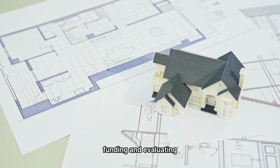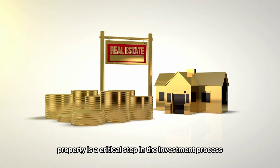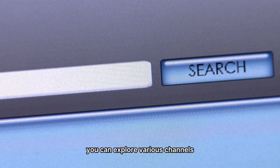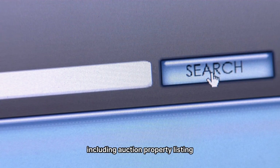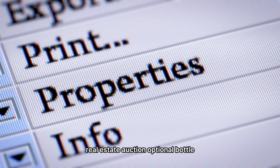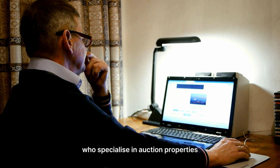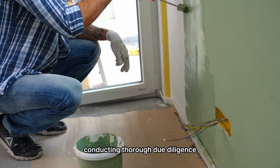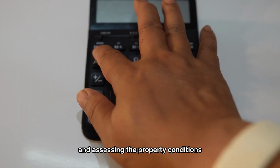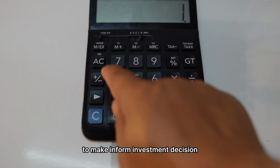Finding and evaluating auction property is a critical step in the investment process. To identify these opportunities, you can explore various channels, including auction property listings, real estate auction portals, and working with real estate agents who specialize in auction properties. Conducting thorough due diligence and assessing the property conditions, market value, and potential repair costs is essential to make informed